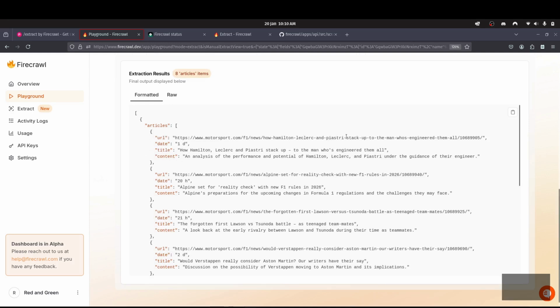Hamilton, Leclerc, Piastri, Hamilton. There's no mention of Ferrari there, but we know that Lewis Hamilton's going to be driving for Ferrari next year. Oh no, I put Formula One as well, didn't I? So F1 there, F1 again, F1. So it's just found F1 in the